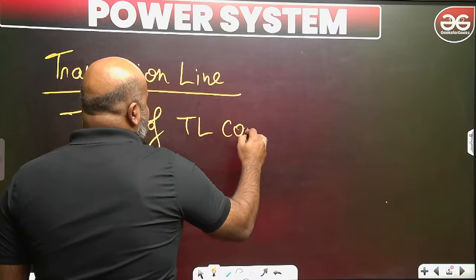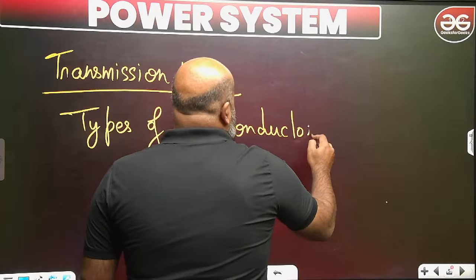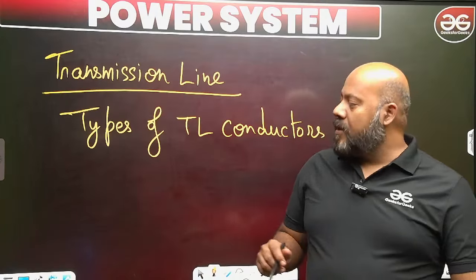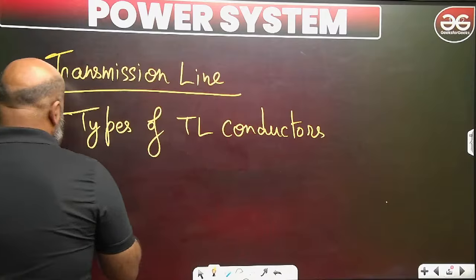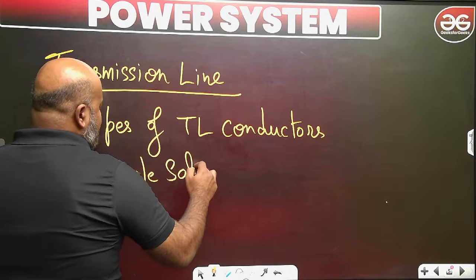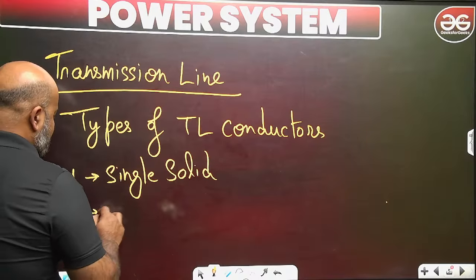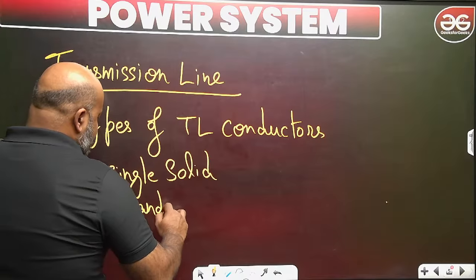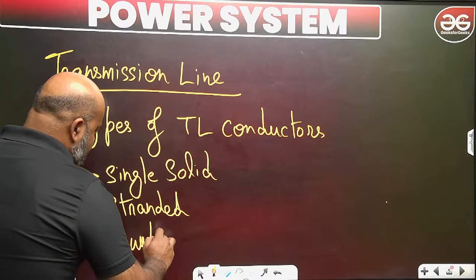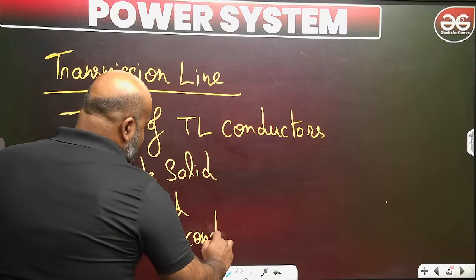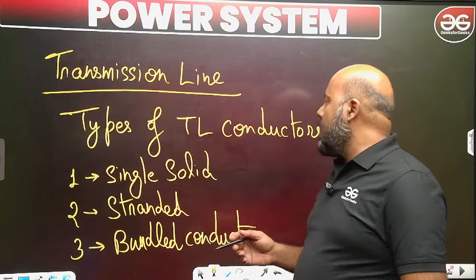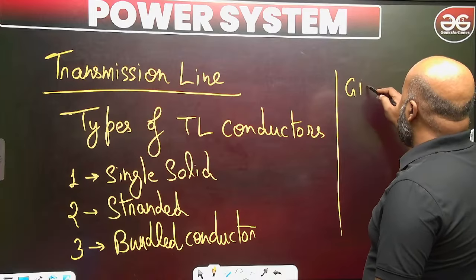We discussed the single solid conductor, the stranded conductors, and the bundled conductors. And the last topic that we were discussing in yesterday's session was how to calculate the geometrical mean distance